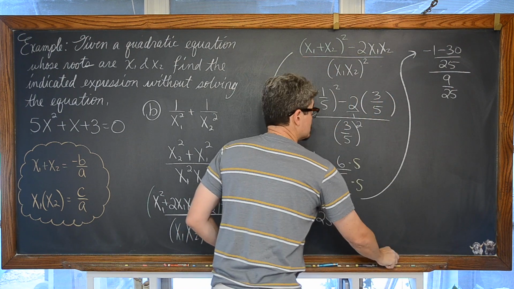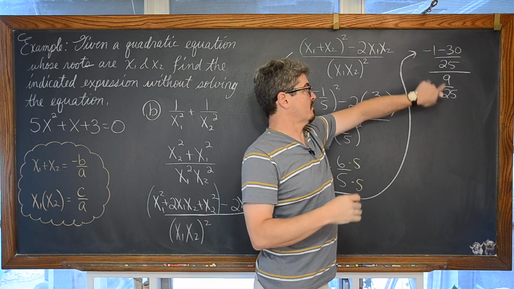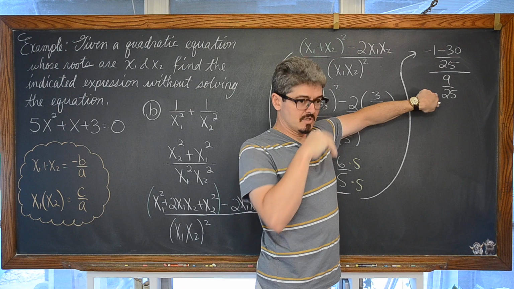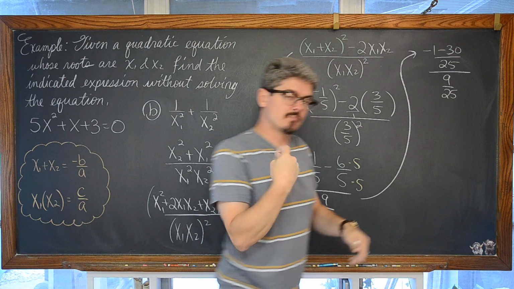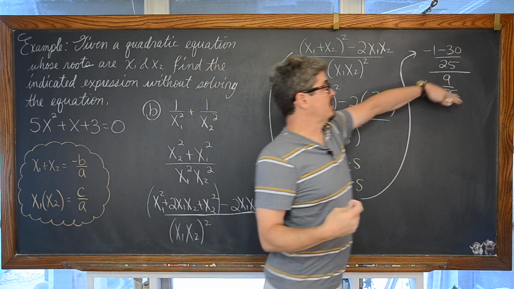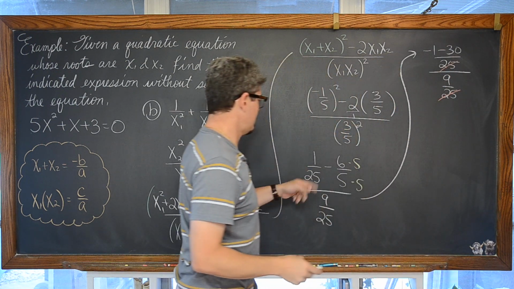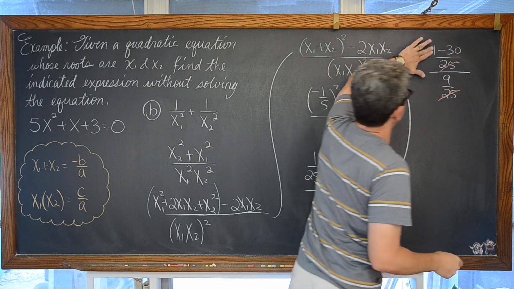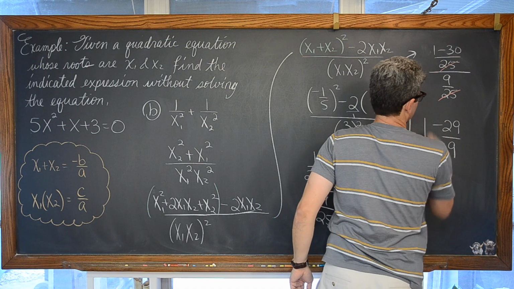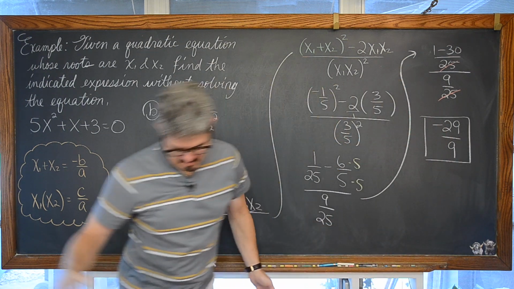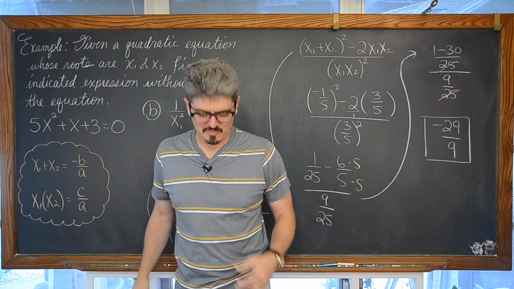Since I showed this step very thoroughly in the last example, our fraction in the numerator and our fraction in the denominator have exactly the same denominator. So when I flip up that 9 over 25 and make it a multiplication of the reciprocal, a multiplication of 25 over 9, these denominators are going to cancel out. So we are looking at, whoops, that's a positive 1 and I wrote minus. 1 minus 30 is negative 29 over 9. And to double check that I have not made an error, except for the one that I just caught, boom. That's the end of our second example. Boom, I'm in. Bam!